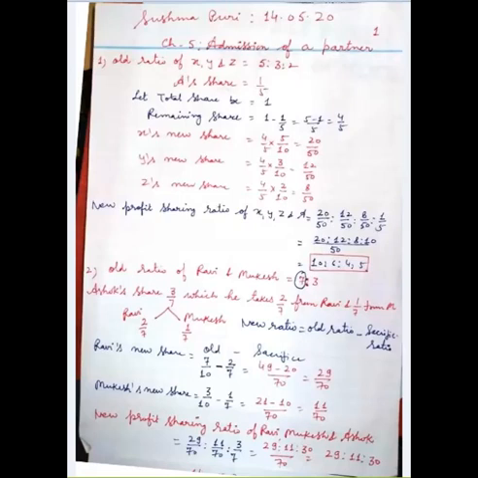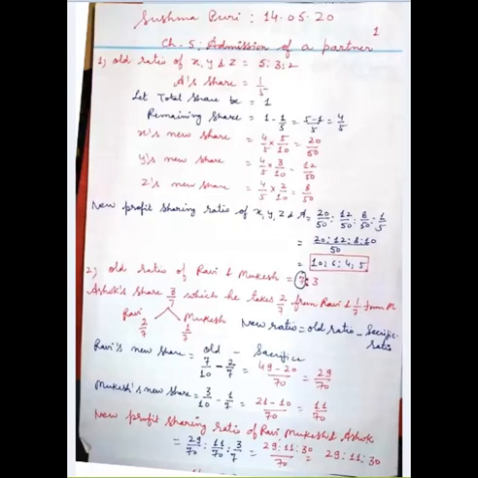See question number 2. Ravi and Mukesh are sharing profits in the ratio of 7:3. They admit Ashok for 3/7 share in the firm, which he takes 2/7 from Ravi and 1/7 from Mukesh. Calculate the new profit sharing ratio. What's the difference between these two? In the first question, only the new partner's share was given. Here that share is explained also. From means minus.